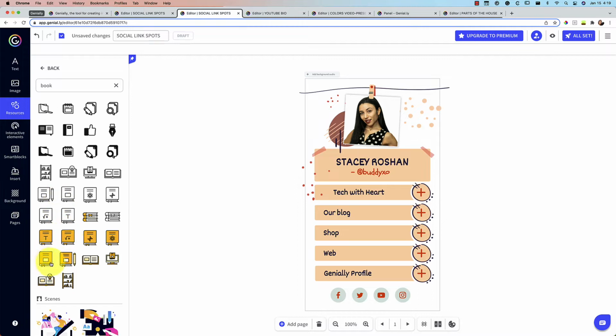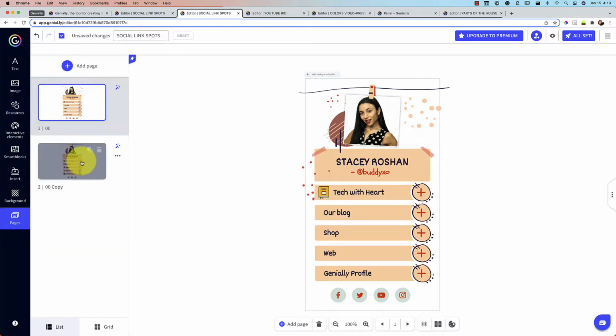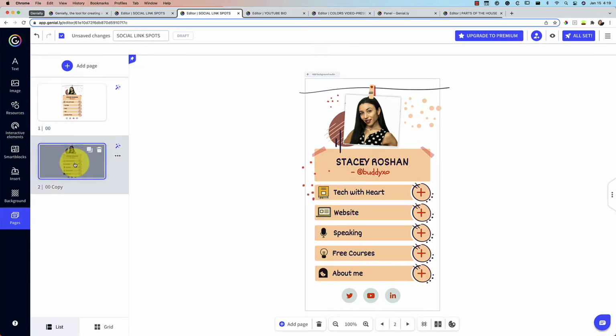I decided I liked this one. I think I need to go back. I don't remember. And then you can of course resize it and you can move it. And these snap grids and the guidelines are really helpful. I'm going to show you how that works when I add another one underneath, but you can kind of see the positioning of this right there. So let's go ahead and add something else. Let's go back to the pages view so I can see what I did next.